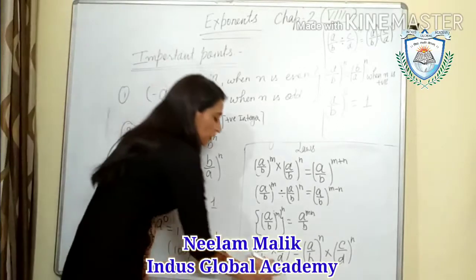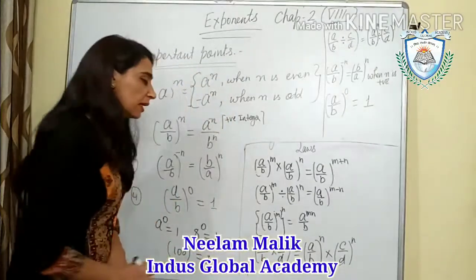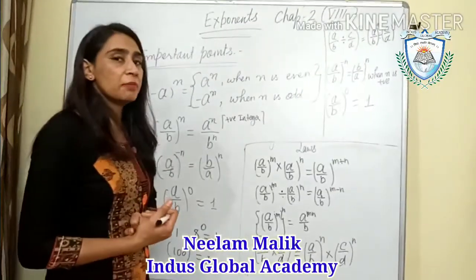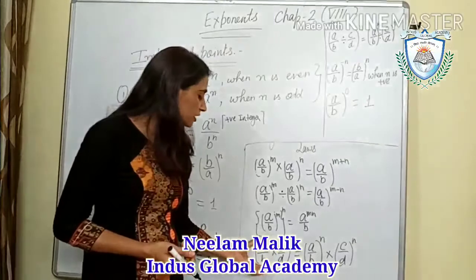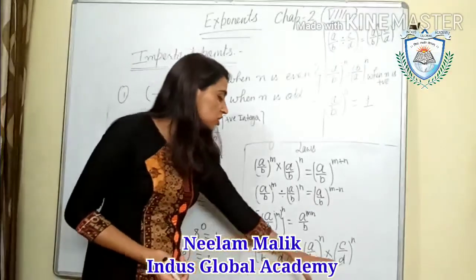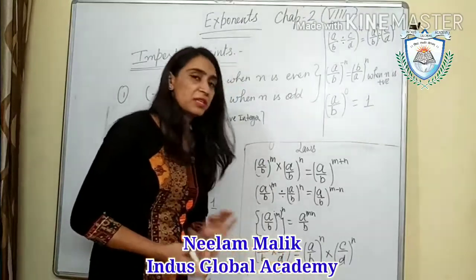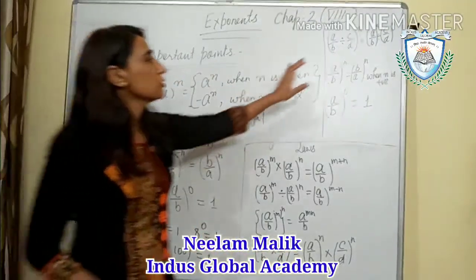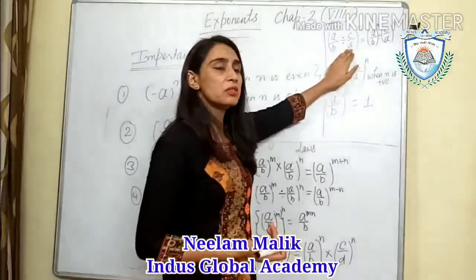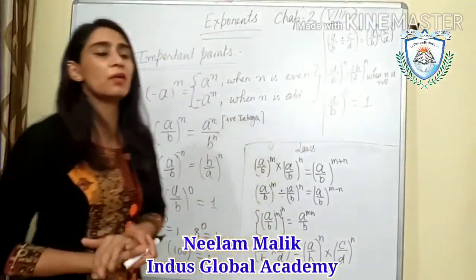It means if two numbers are given and the power is common, we can distribute that power to those numbers. First I write a upon b, I give power n to that, then the multiplication sign as it is, and it will be separated. Okay. Next, if two numbers are given in division and a common power is given,